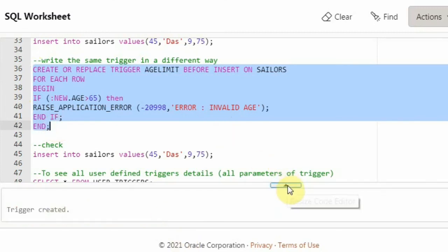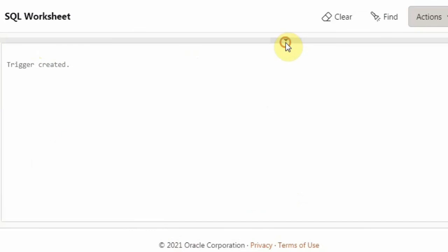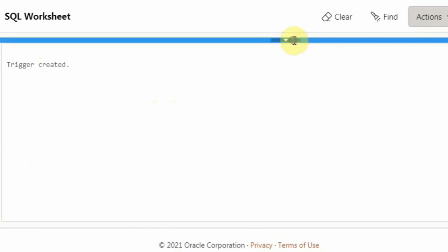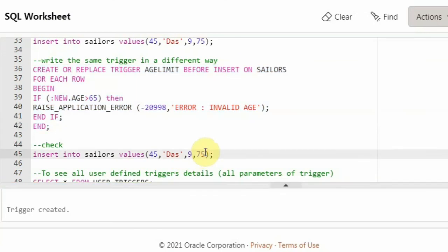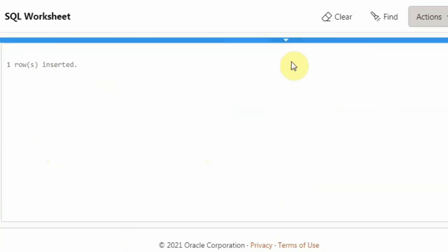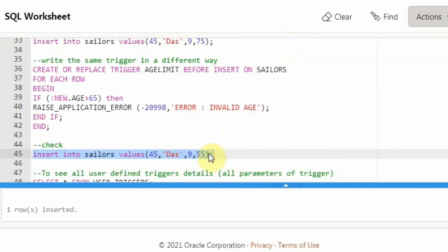Okay, trigger is created. Now if I check the insertion on a different person, you can see the name can be duplicate. I am giving the age to be 55. So this 55 will be inserted. You can see that the row is inserted because the trigger is not fired, because the age is 55, which is less than 65.